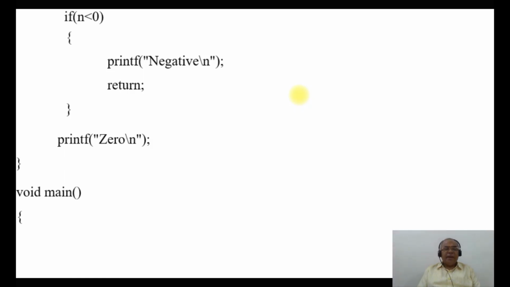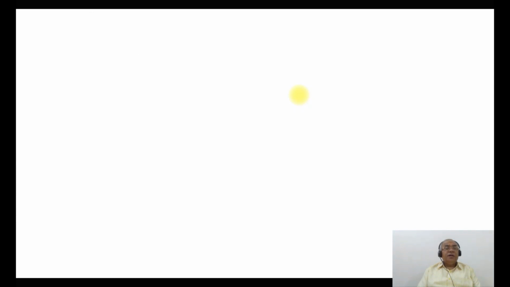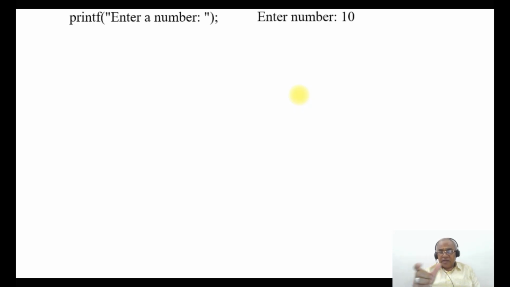Now we go for the main. Here, first we declare the number which you are entering, which should obviously be an integer, so int n. Then printf enter the number. Once you enter a number, it should read that number. We enter the number as 10. Then scanf, it should read that number n. Then check n, so we are calling the